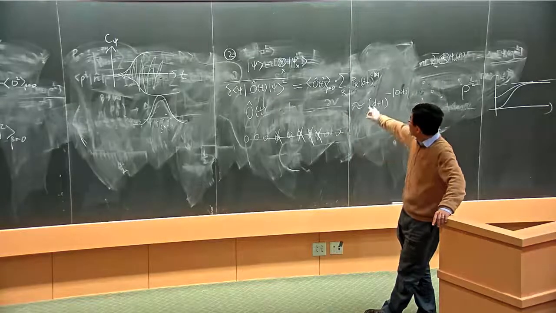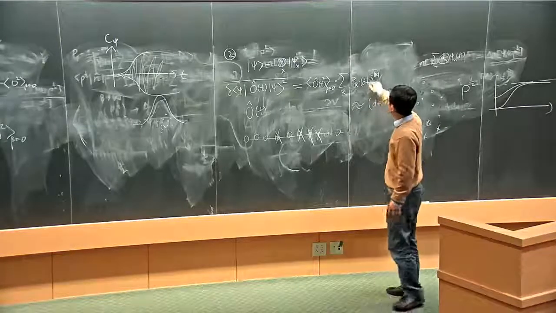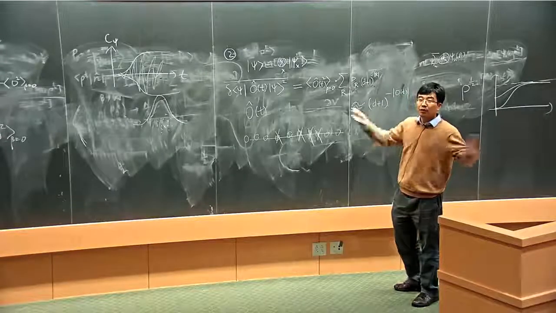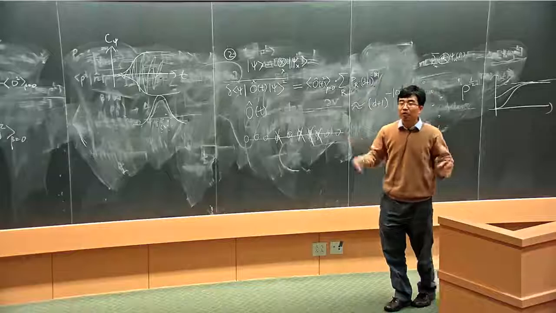But here it's slightly better, because I think what shows up in the vector is 1 over the dimension of Hilbert space of the region R rather than the whole system. So at the initial time it's a little better.